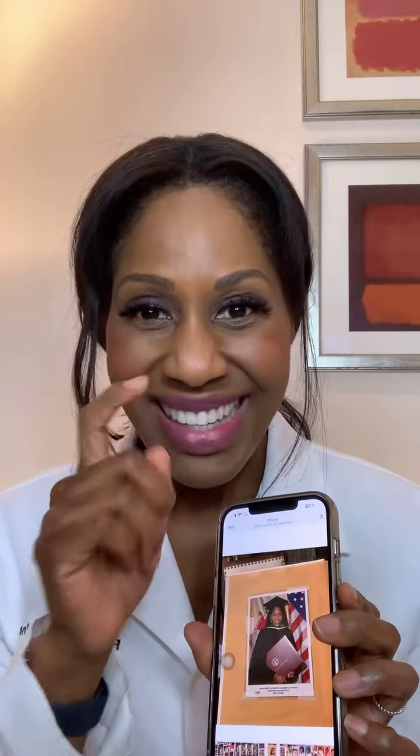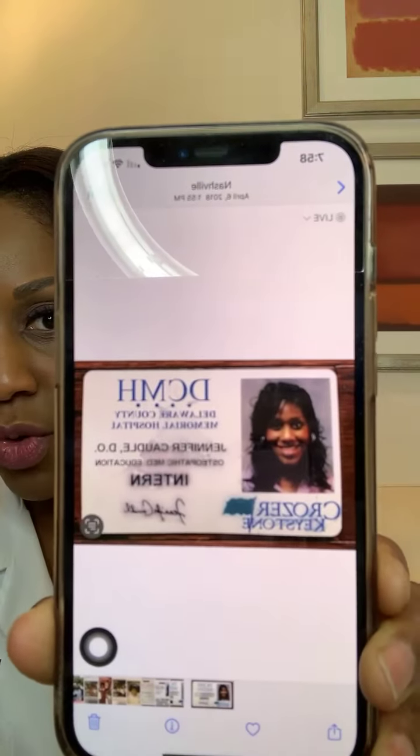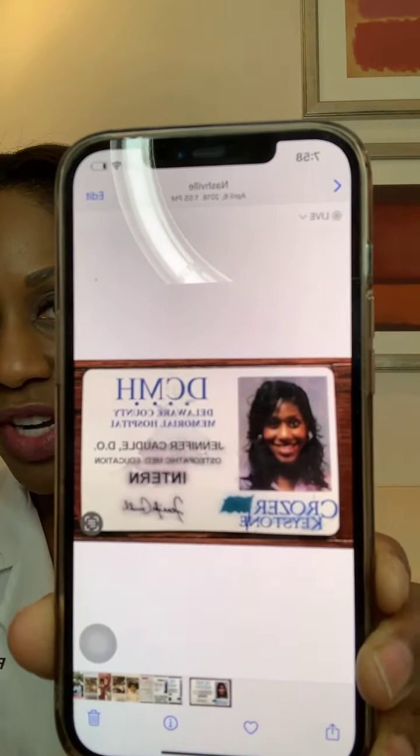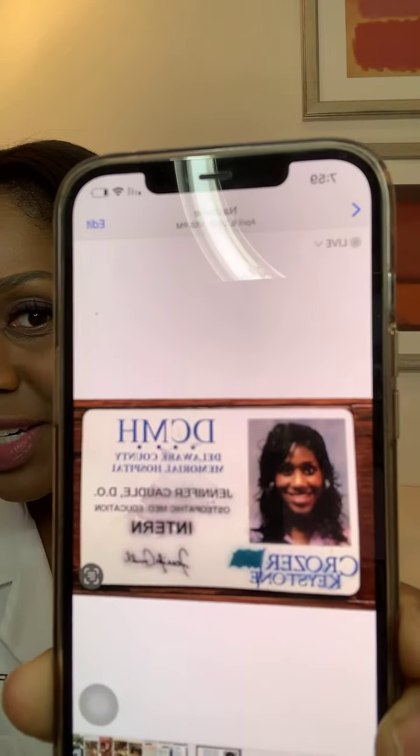However, you can't practice medicine yet until you get more training. The first year after medical school is generally called your internship year. When you are an intern, it means it's your first year of residency. You are a baby doctor. It is your first year as a doctor. And in fact, this is my ID from my internship year at Delaware County Memorial Hospital. I was an intern at Crozier, Delaware County. This is my photo. I remember getting up super early and fixing my hair,